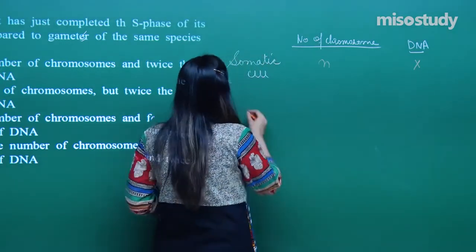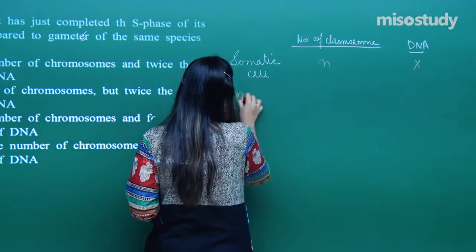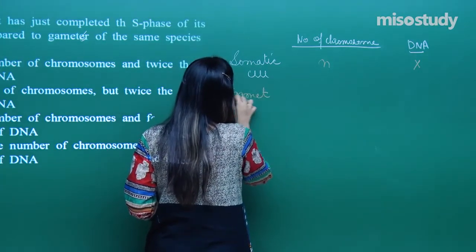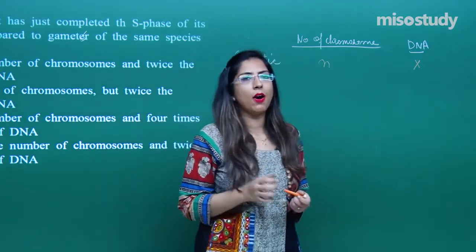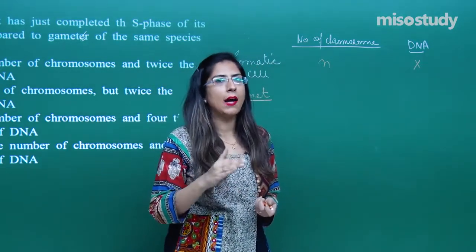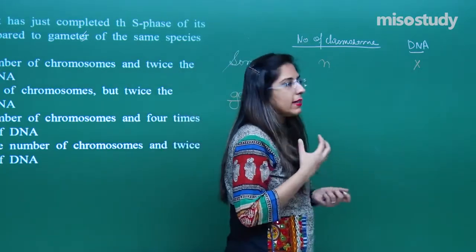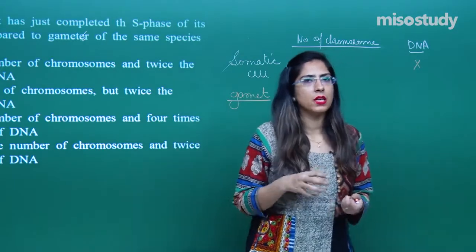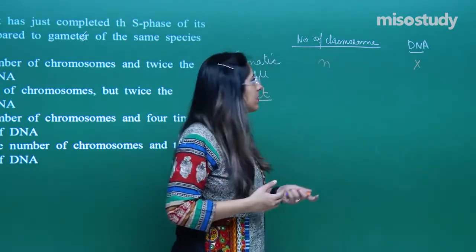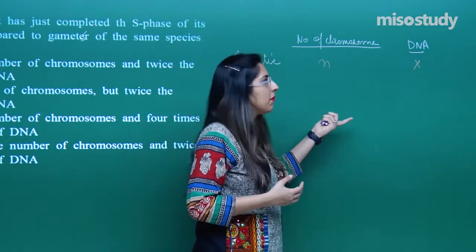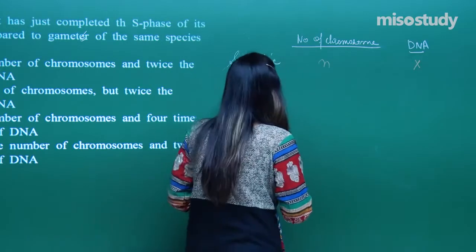Let's do this for haploid, where they are discussing the gamete. In the gamete, we know that the number of chromosomes is half in number. That means out of this whole, only n chromosomes are present and they have an equal amount of DNA. After this synthesis, the number of chromosomes remains the same, but the amount of DNA doubles because we are discussing